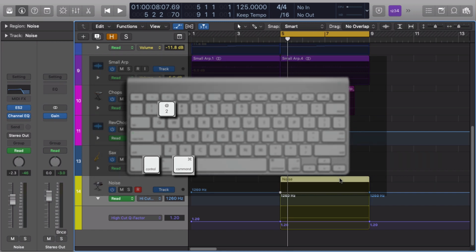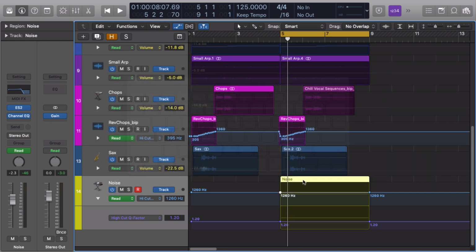Now what happened there, I pressed Control, Command, 2, and it took that whole region, and at the borders it made 2 nodes here and 2 nodes here. So you have 4 nodes total, which is enough to be able to do this. Bam. So now I have this square that's going up, rectangle, whatever. But that's not what I want. I want a slope. Boom, we just get rid of that, and we get rid of that. And now the filter